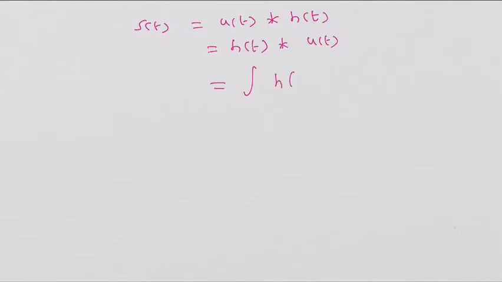Let me introduce what is s of t, because at the time you are applying not x of t, it is u of t, isn't it? It is u of t. So input is to be convolved with h of t. That is the rule. Or using commutative property, you can even mention that it is the result of convolution of h of t with u of t. Commutative property of convolution. So when you start integrating it, or when you expand it using formula, you know very clearly that this can be represented as h of tau into u of t minus tau.